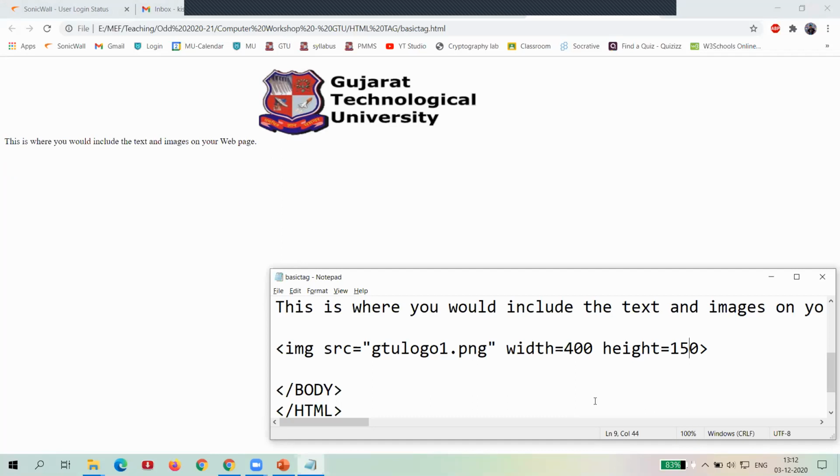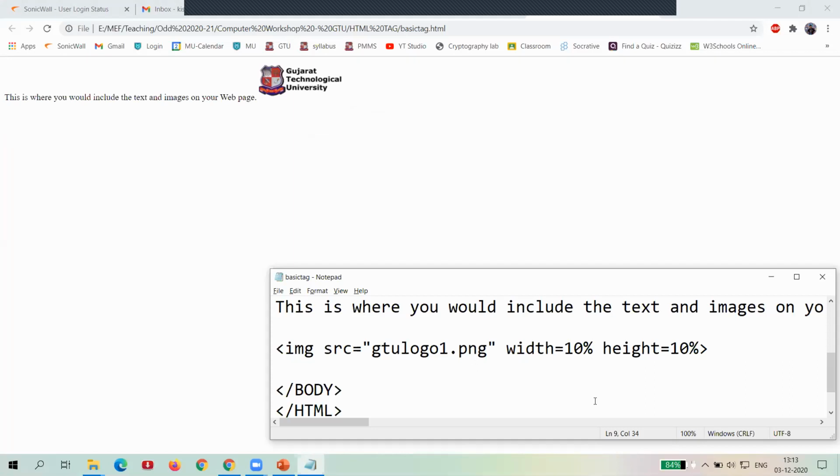Now we have the next input that you can also use percentage-wise. Let's check for that. Like height, I have set 10% and width also 10%. So now you can see the output. It's a size which is reduced to 10%.